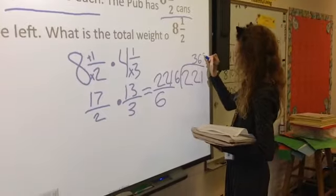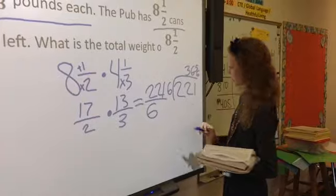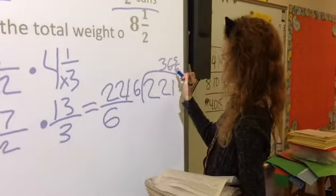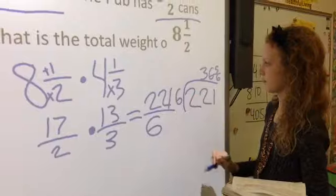and 5, 6. So where did the 5 come from? The 5 came from, well, if you did all... Is it the leftover? Yes. And then the 6 is the denominator because this is what we were multiplying by. Perfect. So 36 and